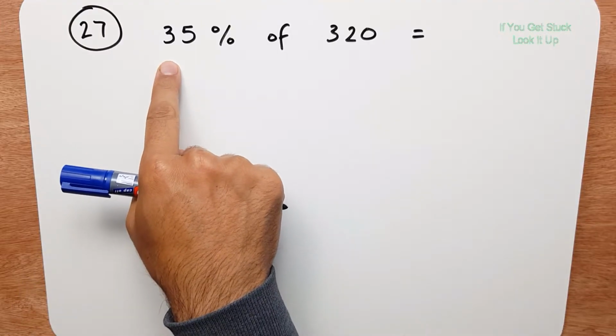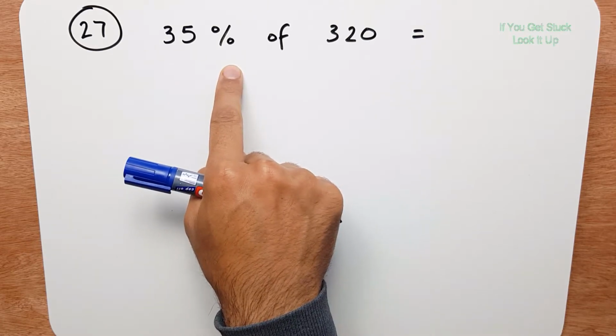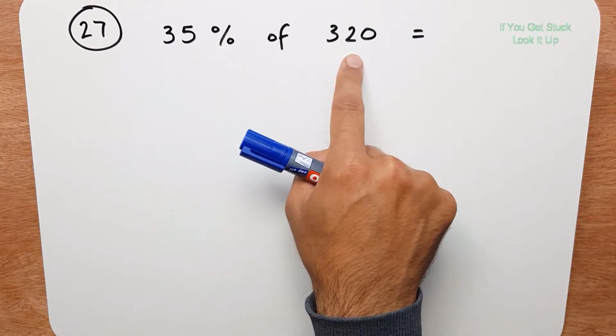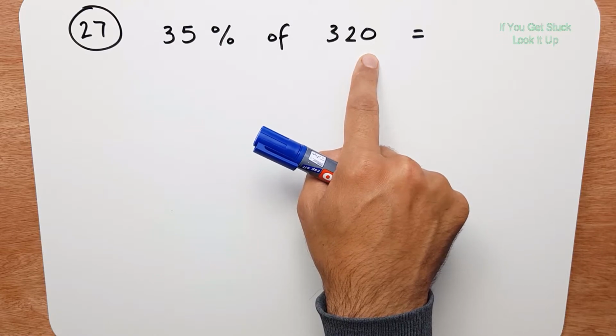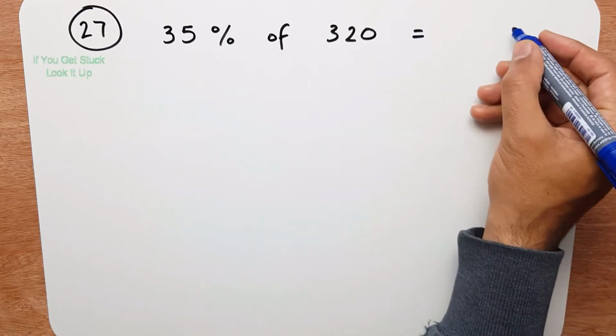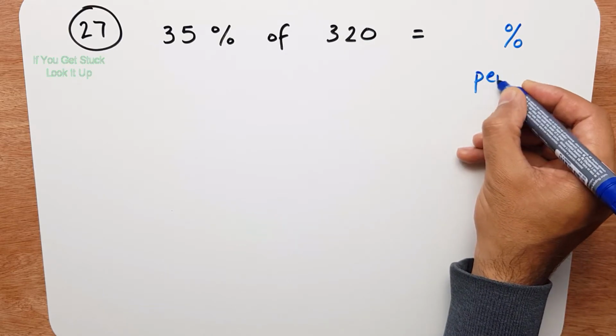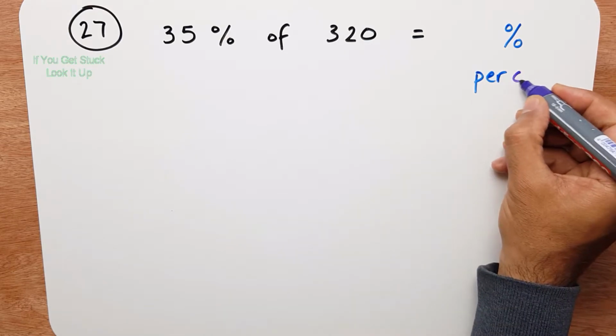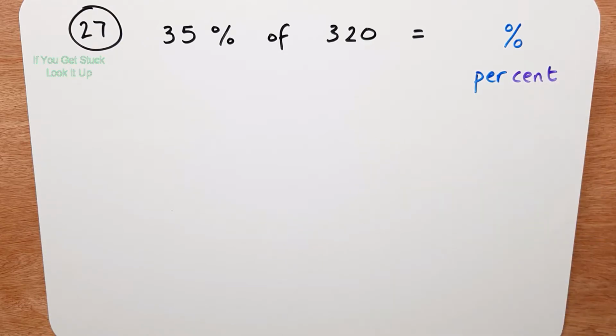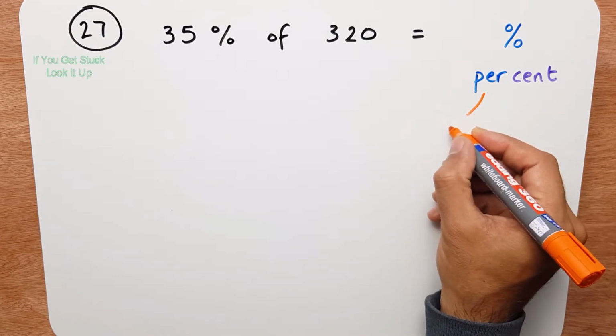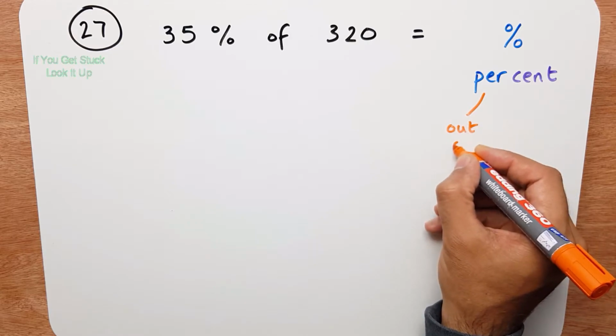In question 27, we're asked to work out 35% of 320. Now this symbol here is the percent symbol, per cent. And this simply means out of